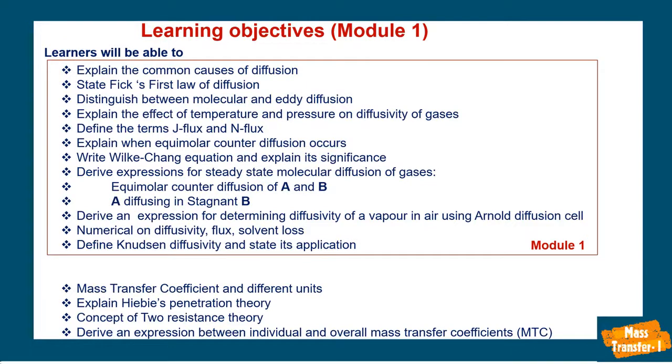In this Master Answer 1 course, we are about to complete module number 1, molecular diffusion. In the previous lecture, we saw diffusion through porous media and solved a numerical on Knudsen diffusivity. Once we determine the Knudsen number, which is defined as the ratio of mean free path to the pore diameter, we can classify diffusion as Knudsen diffusivity or molecular diffusivity. There are cases where both Knudsen diffusivity and molecular diffusivity are important.